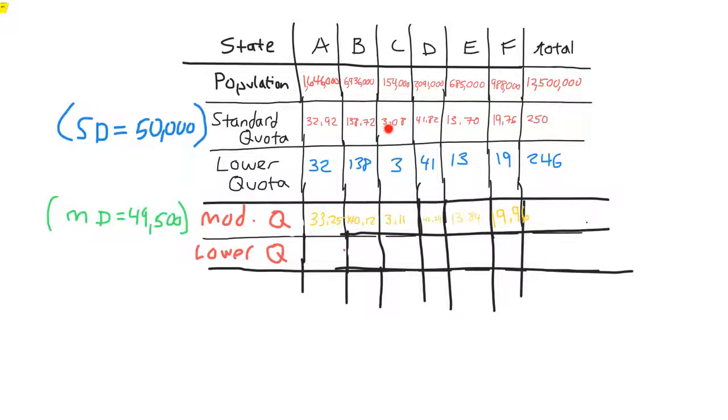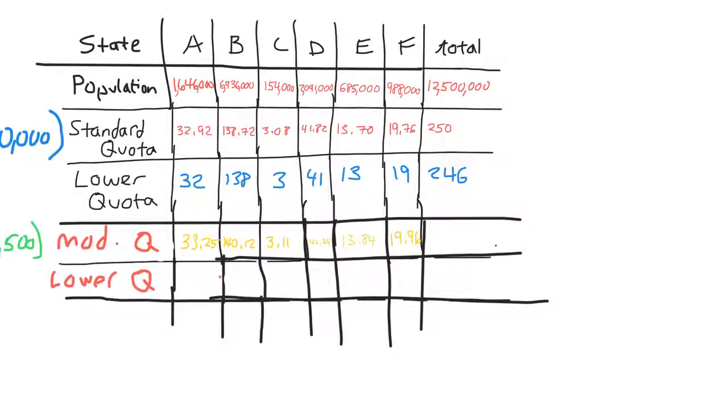We went from 3.08 all the way up to 3.11. Over here we went from 138.72 all the way to 140.12, and so on. So you can very clearly see that each of these numbers, the standard quota, increased to a larger number,